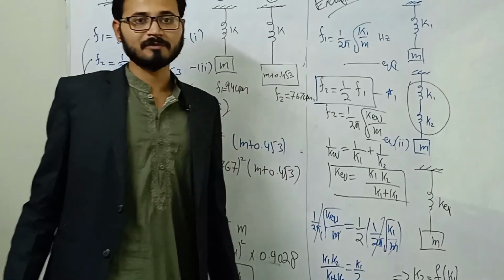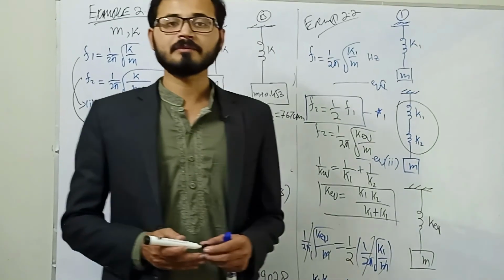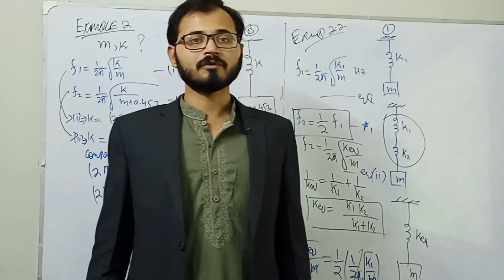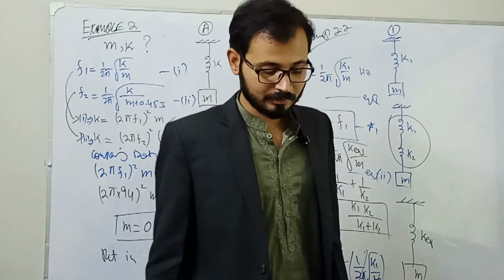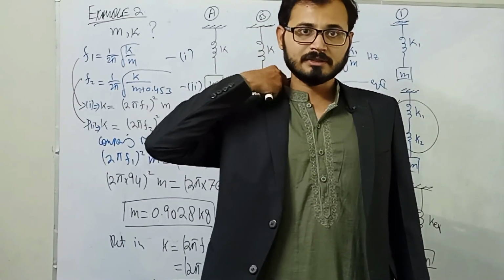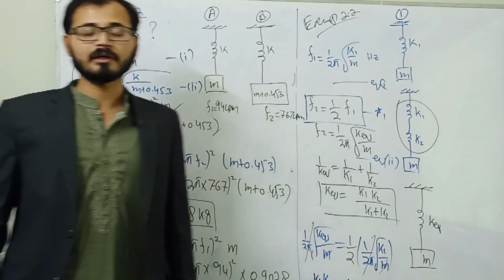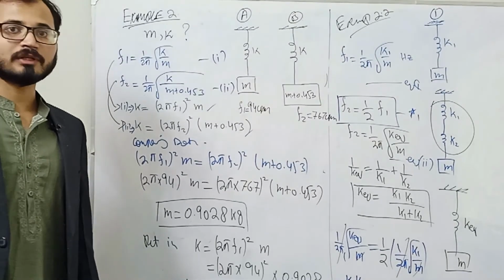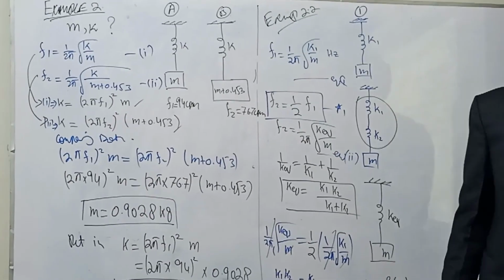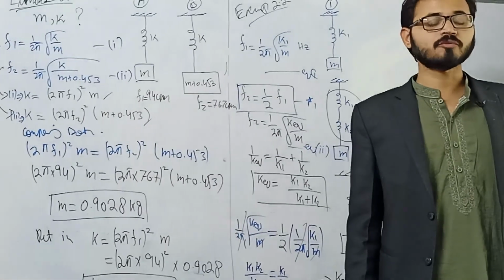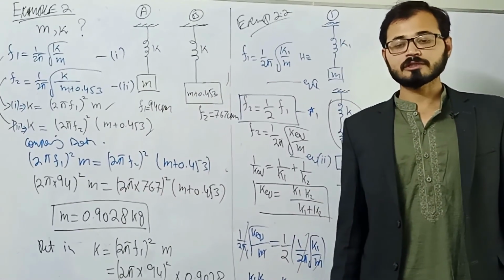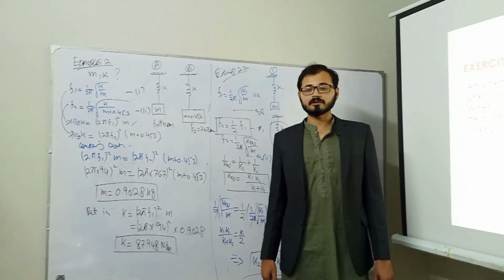So we have solved some of the numerical problems that are correlated with the mass spring system. Inshallah, in the coming numerical problems, we will solve one of the analytical models for the mass spring system, and in addition we will also solve one of the torsional vibration problems, and in addition to the torsional vibration problem we will also solve one of the numericals that will be correlated with the compound pendulum. So inshallah all the analytical derivation concepts will be cleared in the coming numerical examples.